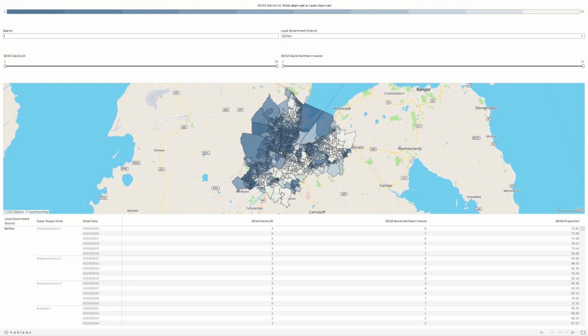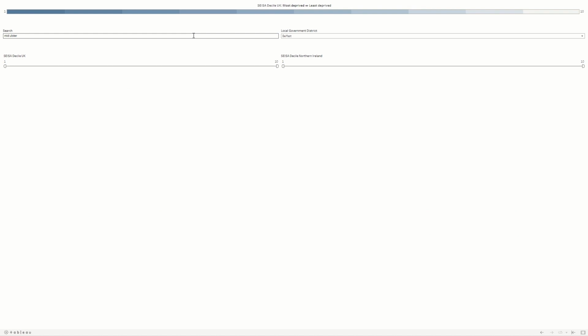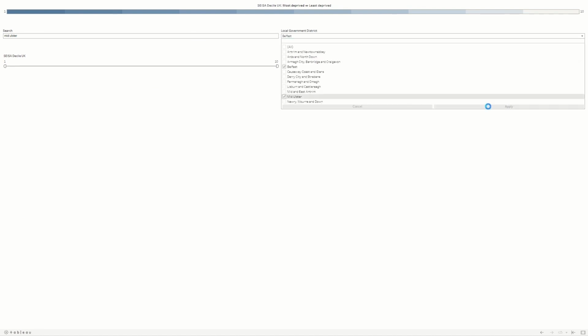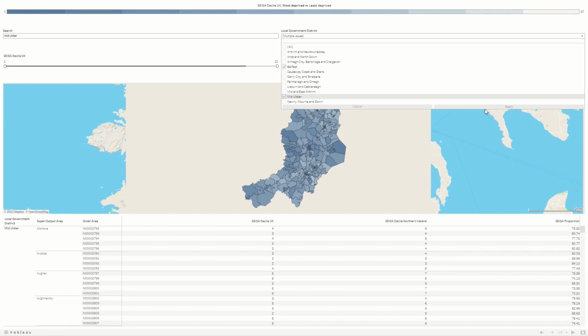Depending on what filters you have applied, you may receive a blank screen after searching for a valid search item. For example, if the local government district filter is set to Belfast and you search for the Mid-Ulster local government district, you will receive an error screen. This is because Mid-Ulster does not appear in the restricted dataset for Belfast. You will need to expand the local government district filter to include the area you are trying to search for.